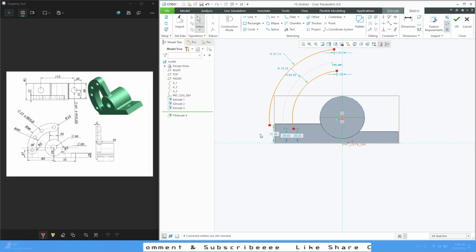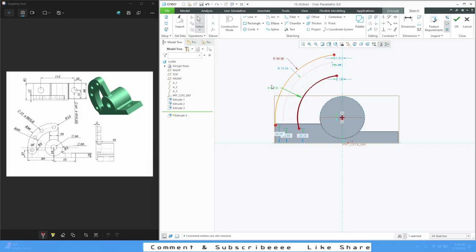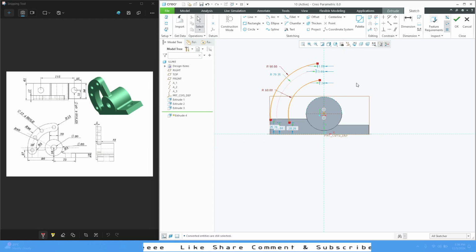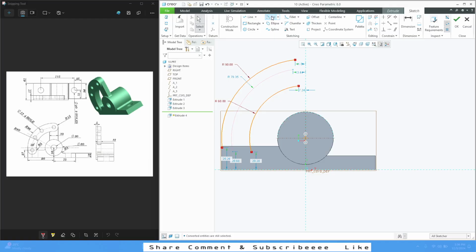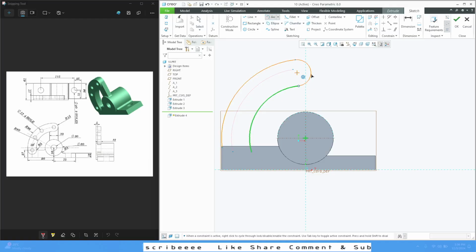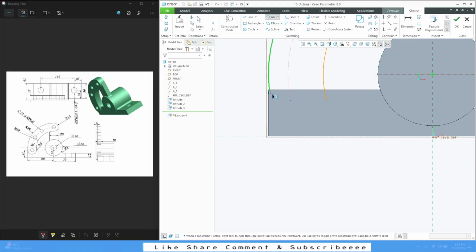Okay, and then let's define this as 90, the other one as 60. Now we can do one more thing, which is we can connect 3 points. So let's connect like this. Similarly here,